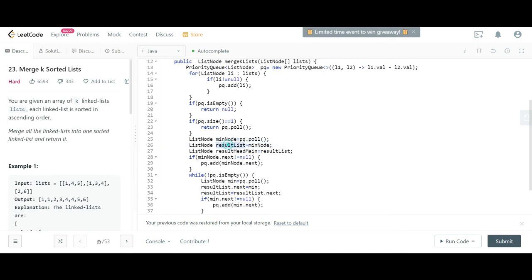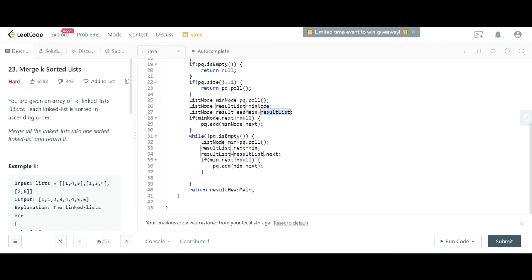Now to keep track of the result list head, we assign result head main as result list, because the result list will keep on proceeding, so you would lose track of the head. And then for this minimum node, we check if its next is not null, then we insert it again into the min heap.